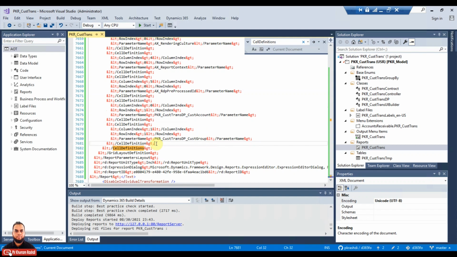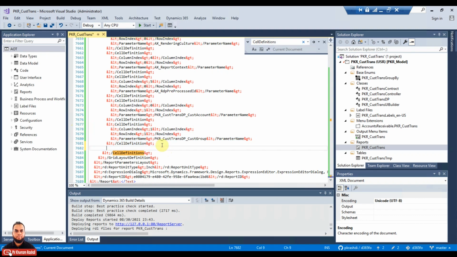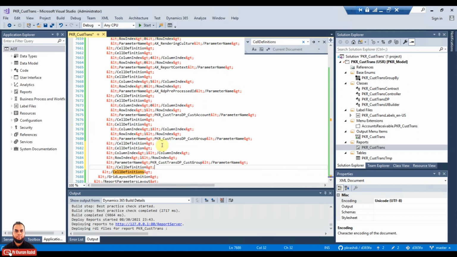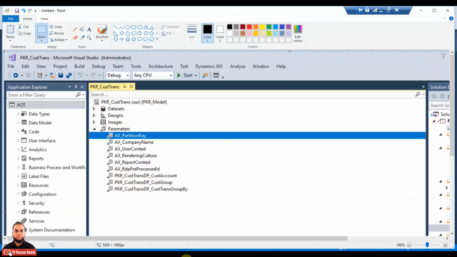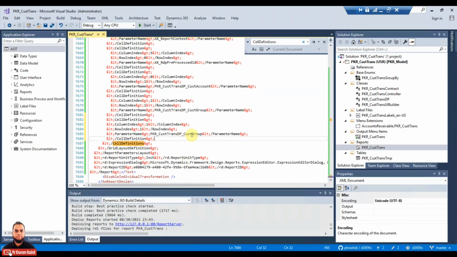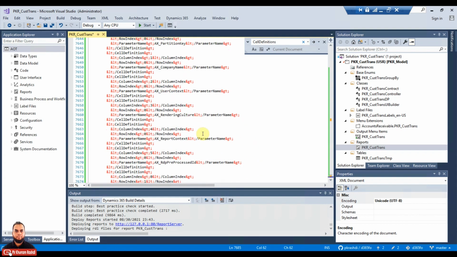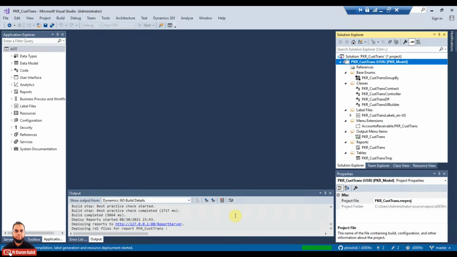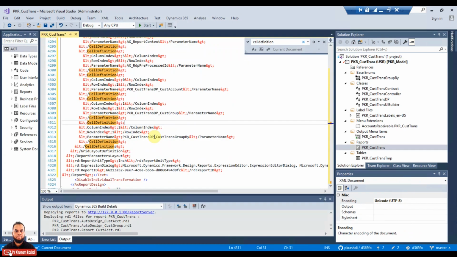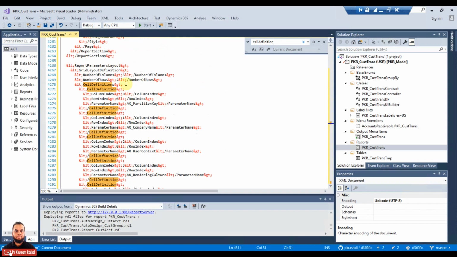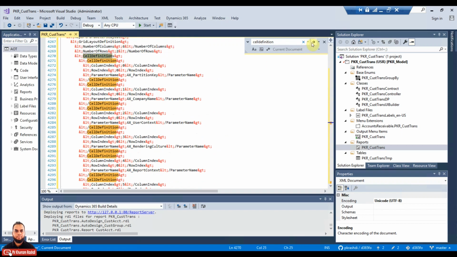Just copy this one, paste, and give it a name like trans group by. We have adjusted our number of columns to 6 and number of rows to 2. So now next,